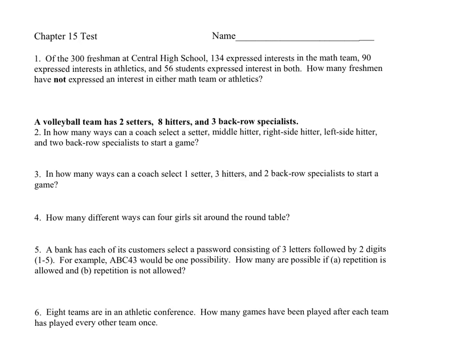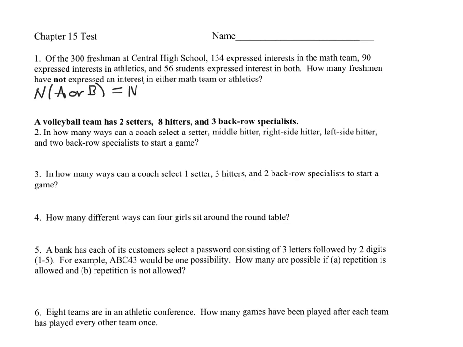Here's a Chapter 15 review, as I'll just work through one of our Chapter 15 summatives. Question number 1 talks about freshmen interested in math and athletics and in both. In this type of problem, this is a Venn diagram type, or the formula, inclusion-exclusion, is the number in A or B